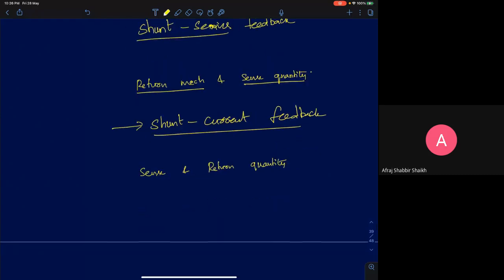The third naming convention is sense and return quantity. What is being sensed? Current. What is being returned? Current. So it's a current feedback amplifier. Current is being sensed and current is being returned, so therefore it's a current feedback amplifier.